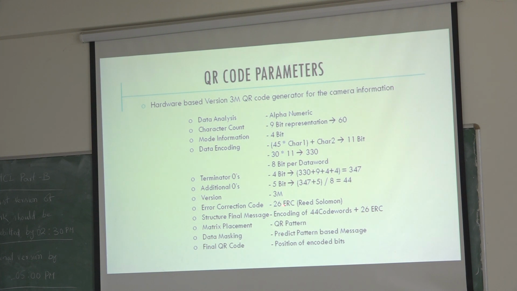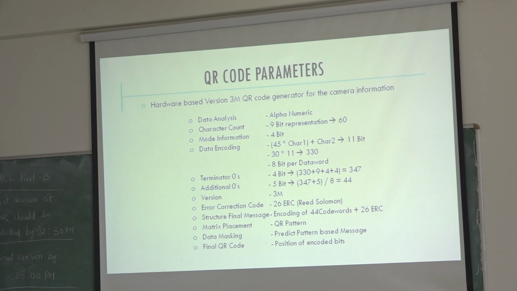And to generate these 26 error correction code words, we need to use Galois field arithmetic encoding along with polynomial long division. So these 3 things will generate the error correction code words. This error correction code word is a major thing to identify your QR, even if it is blurred or tilted or chamfered or whatever. Okay?